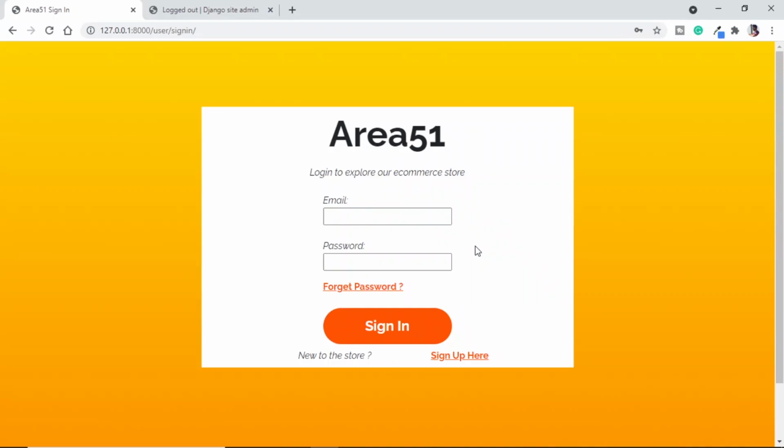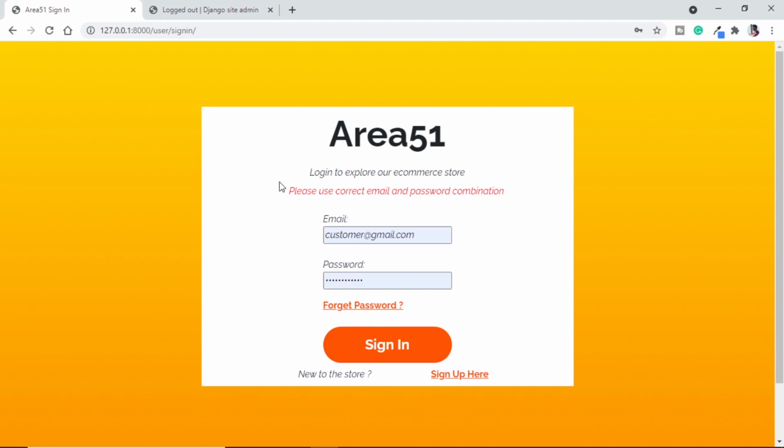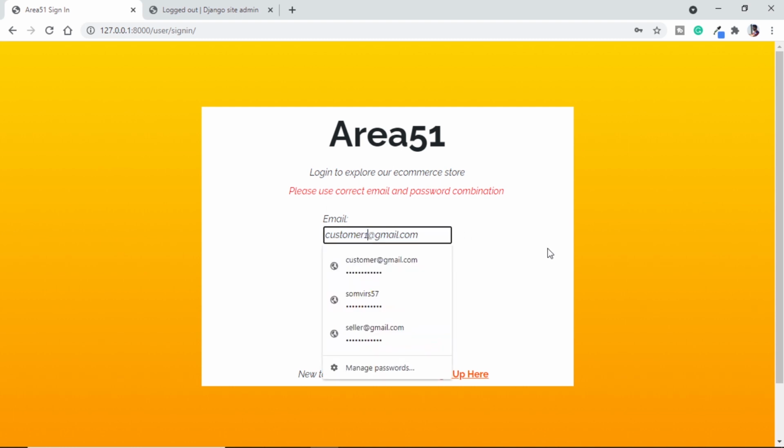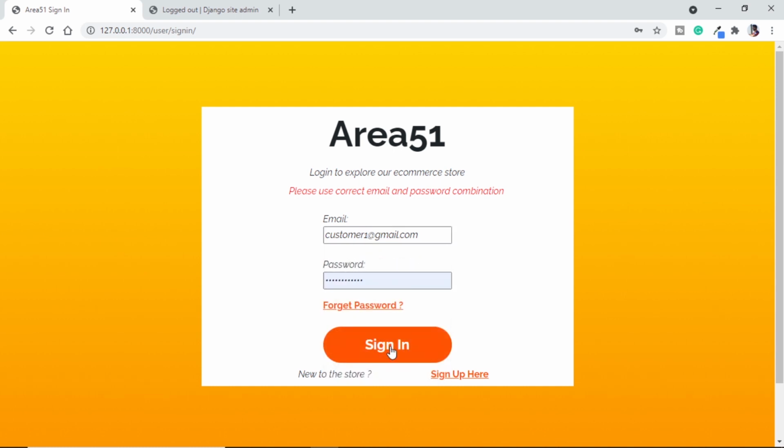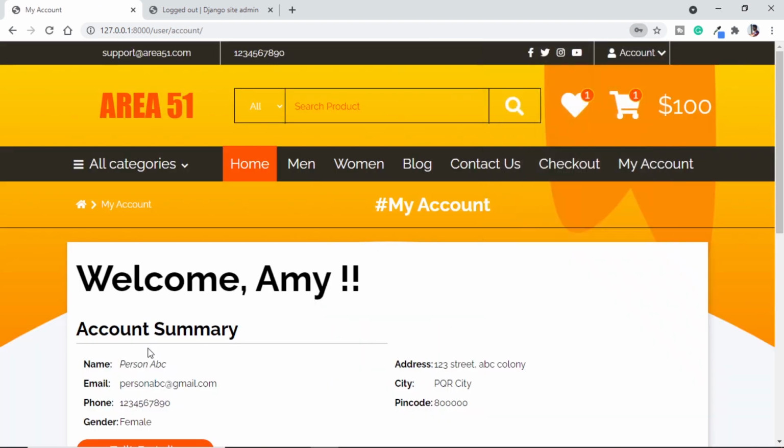Let's quickly check if we can log in. First we will put some random text so that we are able to see the error. Let's say customer2@gmail.com. Let's say any password, sign in. It says please use correct email ID and password, which means that authentication is working. Now let's use the correct email ID and password. So I will say customer1 and the password is the same, so let's say sign in,